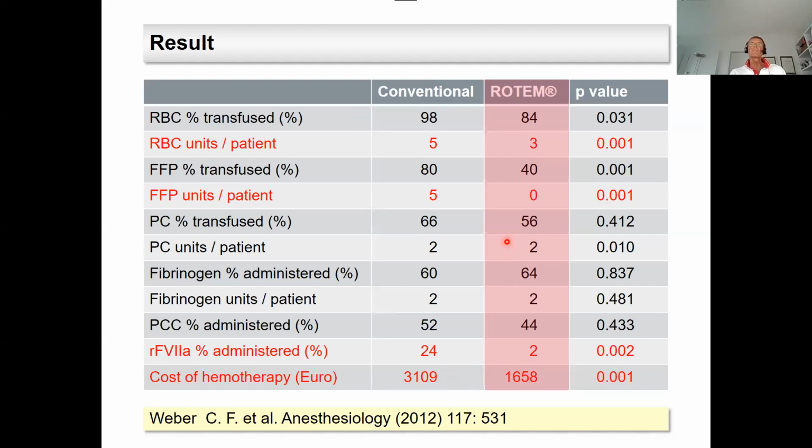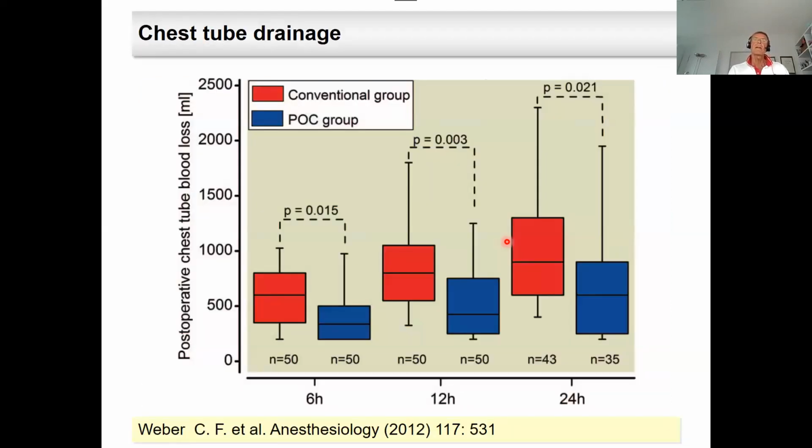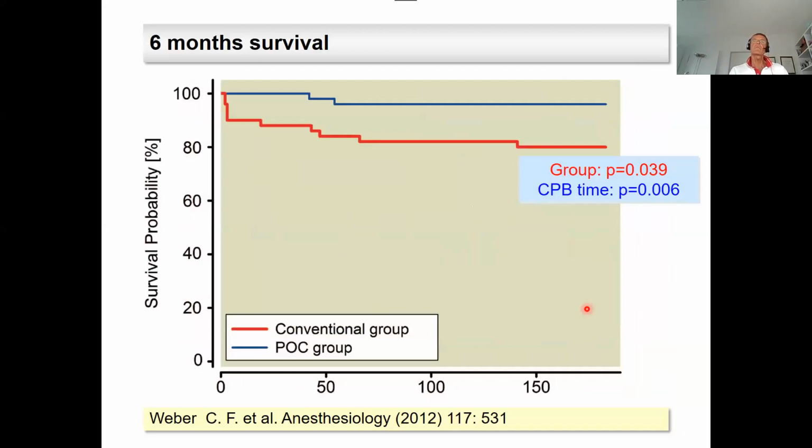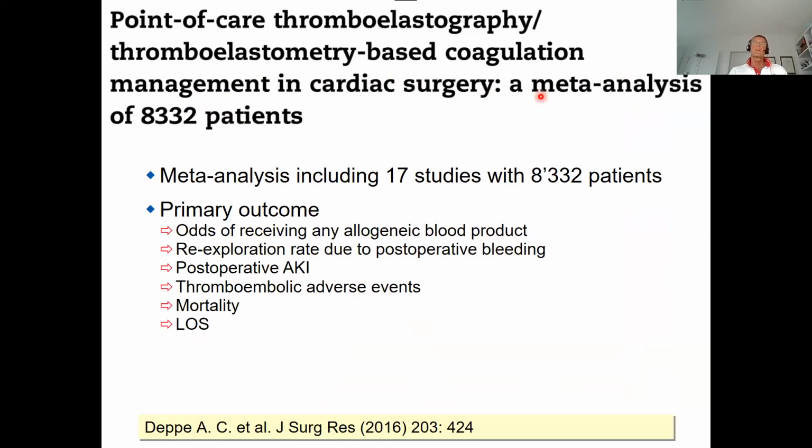And you give really much fewer allogeneic blood products. And bleeding post-operatively is less. And even more important, survival over 6 months was significantly higher in those that were treated with ROTEM and the coagulation algorithm. So this is now a meta-analysis on the benefits of using